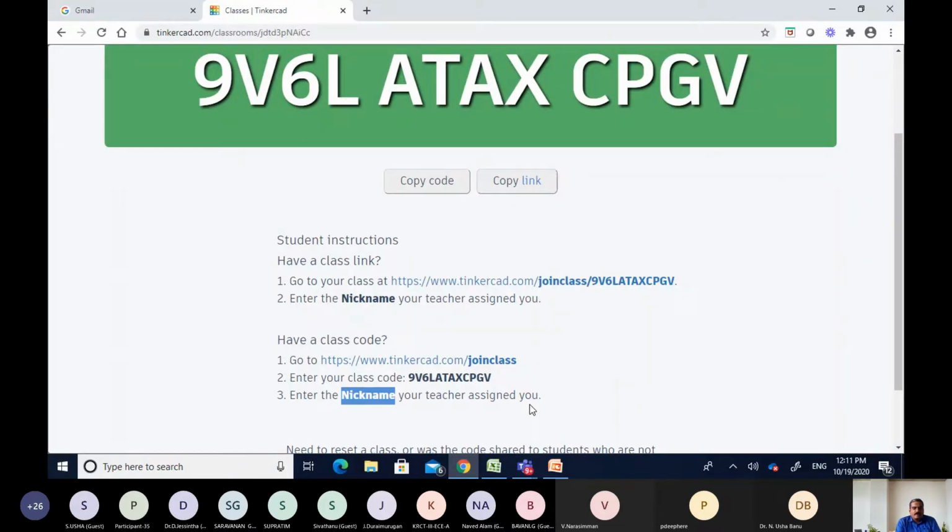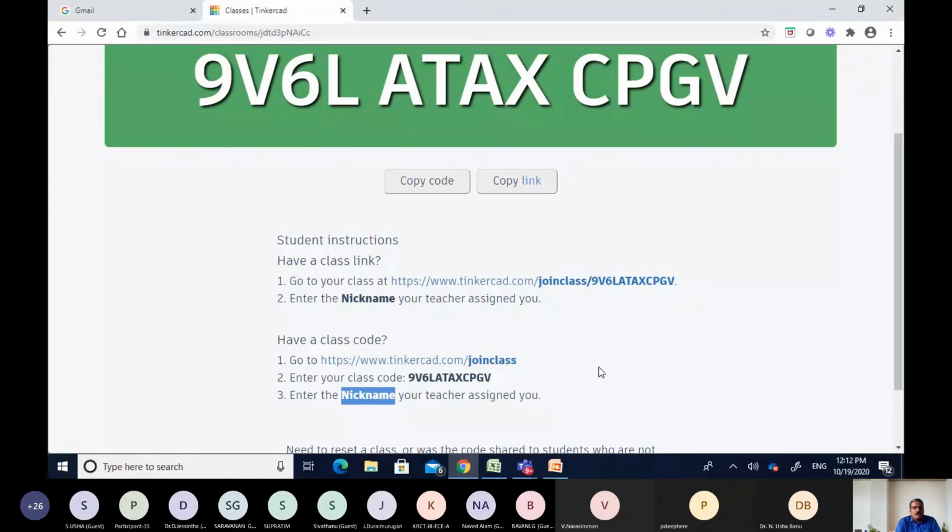For Uma Maheshwari ma'am, we have generated the nickname participant 1. The student has to click on use this link, and it will prompt for the class code. He has to join using this class code by giving the nickname.